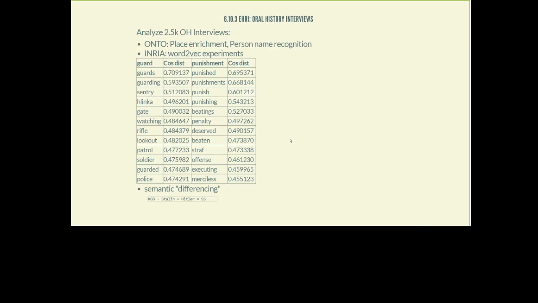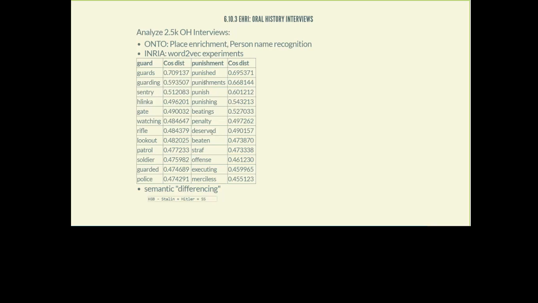We did also some interesting experiments with the so-called word2vec algorithm. So if you look for the word guard after this processing and the cluster of other words with similar meaning, you see that all of this is pretty much relevant. So you go through the complete list of oral history interviews. That is maybe, I don't know, 250,000 pages of text.